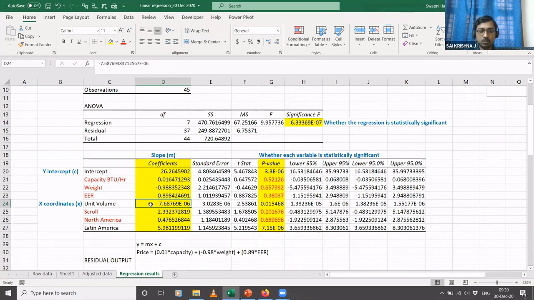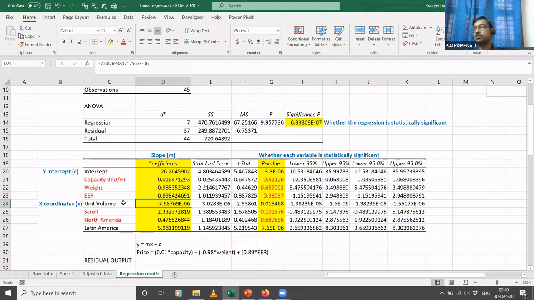Okay, so initially we said that the slope of the line is the unit change in the value of y for a unit change in the value of x. So in terms of the unit volume, it translates to something like this. So if the unit volume increases by 1, the price of the compressor reduces by 7.68 into 10 power minus 6 dollars.